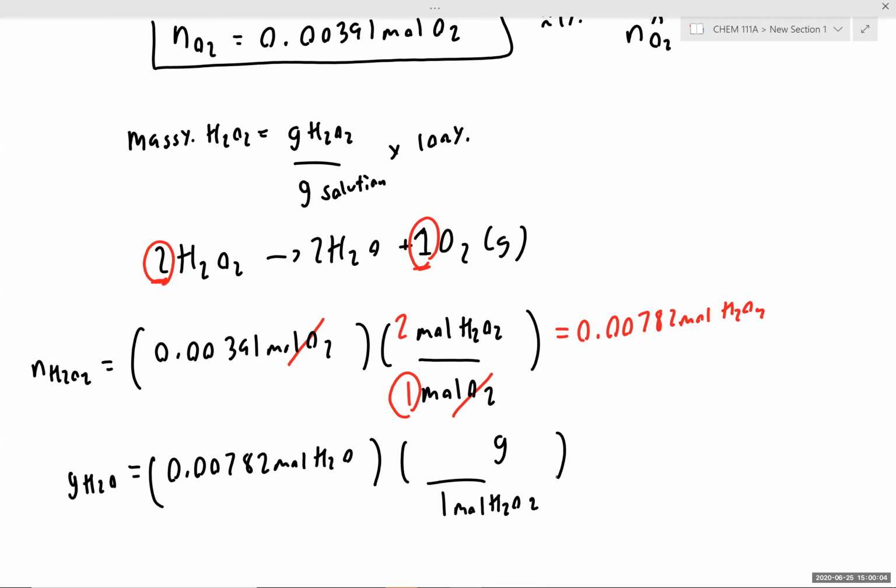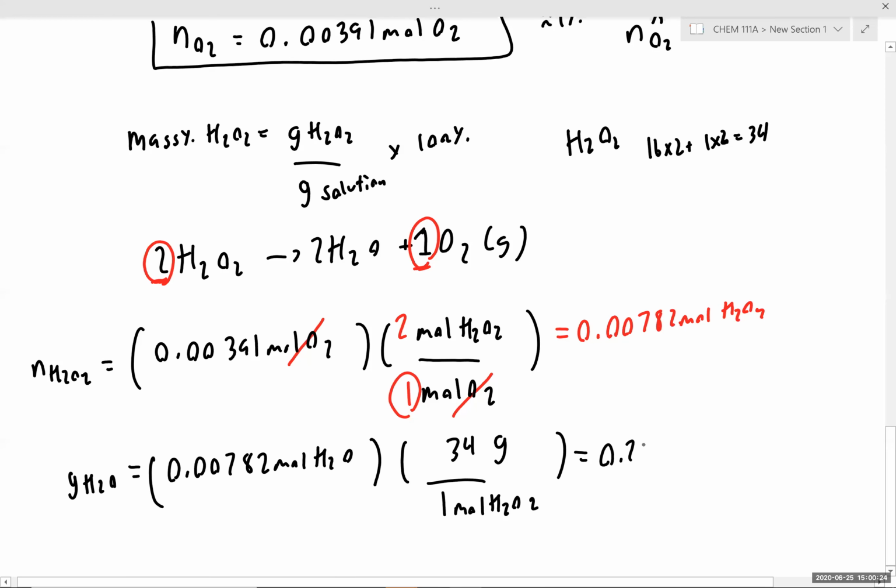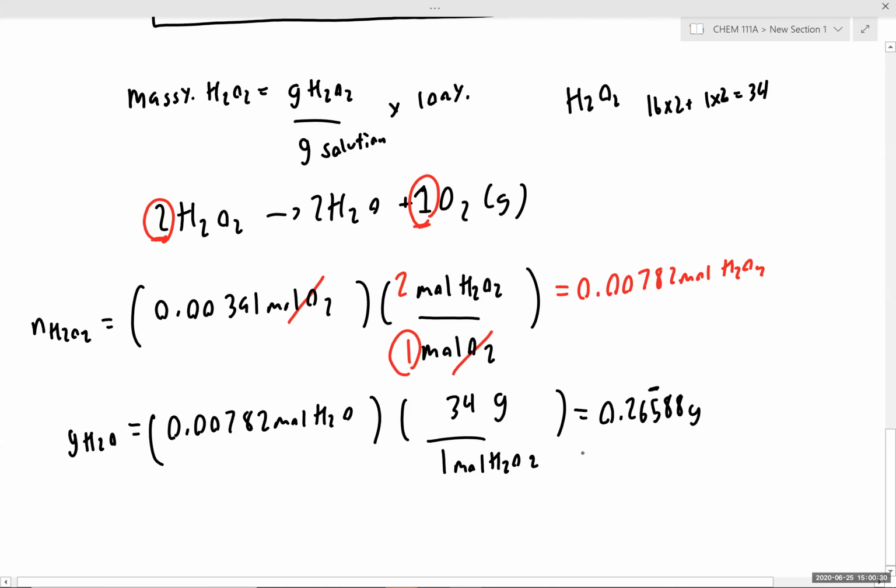So for H2O2, we have 16 times 2 plus 1 times 2, which gives us 34. So we have 34 grams per mole. We punch that into our calculator. We get 0.26588 grams. We're going to carry through this number. If you wanted to report a truncated value, it would be 0.266 grams